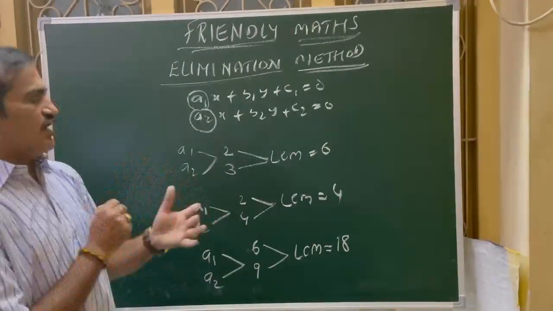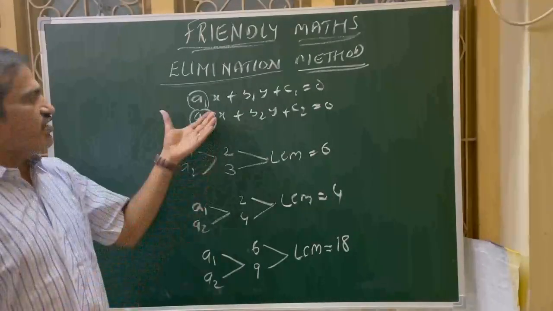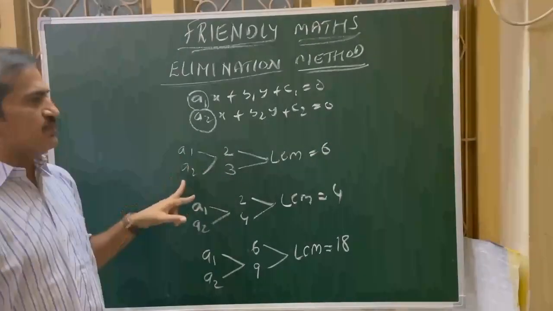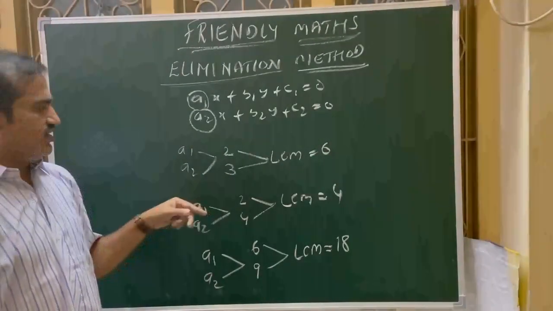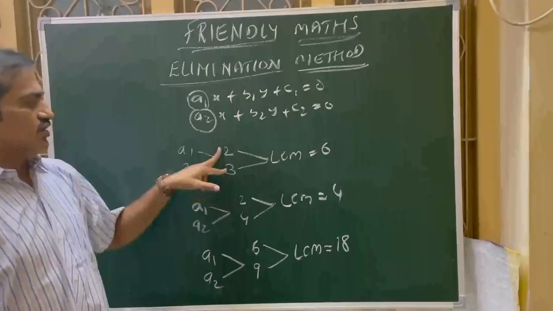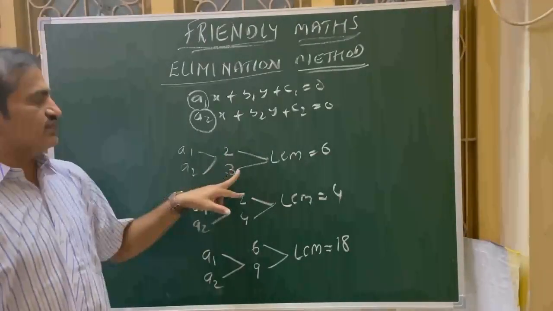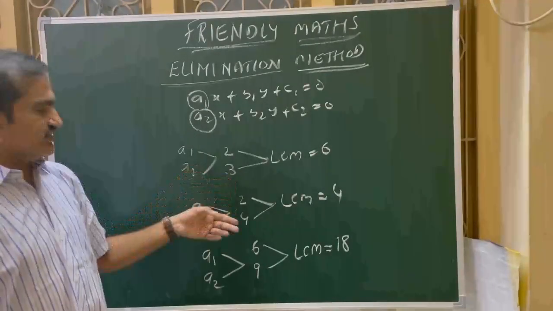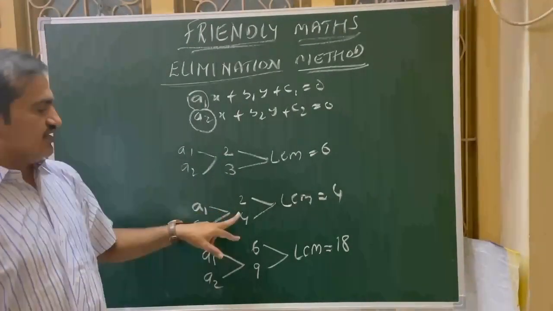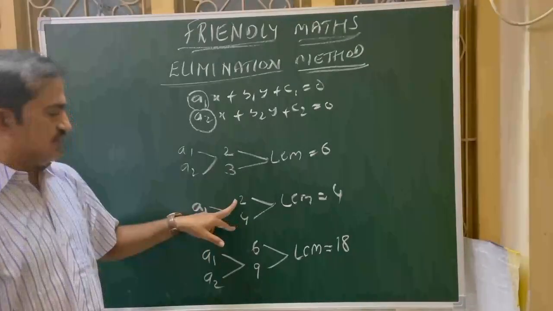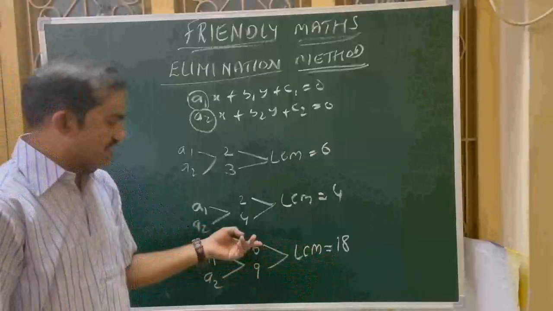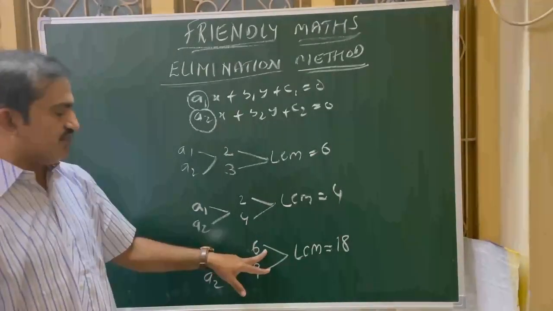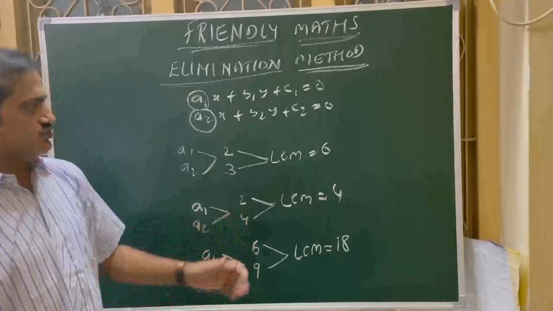Understood? If you want to eliminate any one of these variables, we have to equate their coefficients. For that purpose, the coefficients of the two equations should be made equal to their LCM. Suppose those two are relatively prime or co-prime, then the LCM is their product. So equation 1 is multiplied with one number and the second with the other. For 2 and 4, one is a factor of the other, so only one of the equations is enough to multiply. Here for 6 and 9, there is a common factor 3. So to avoid the 3, we look at what is remaining. Here you have to multiply with 3, and here we have to multiply with 2.